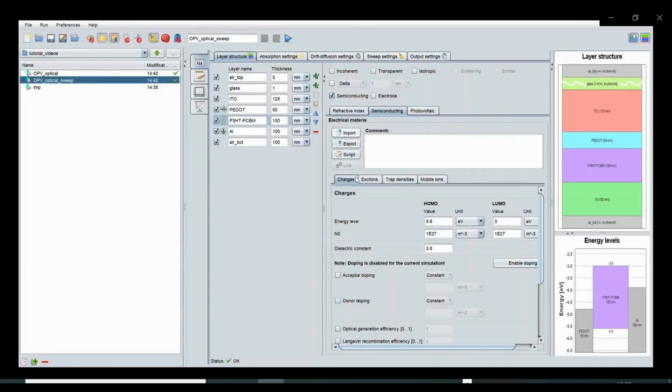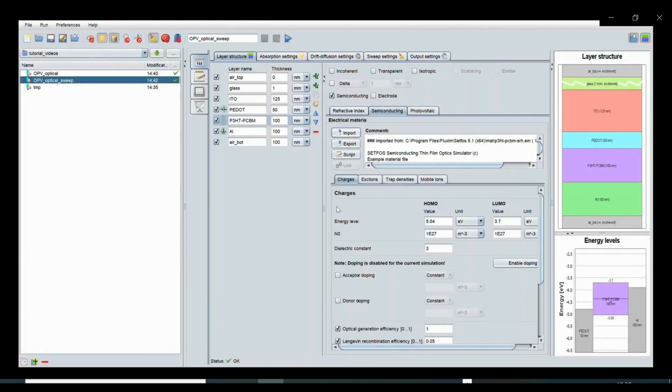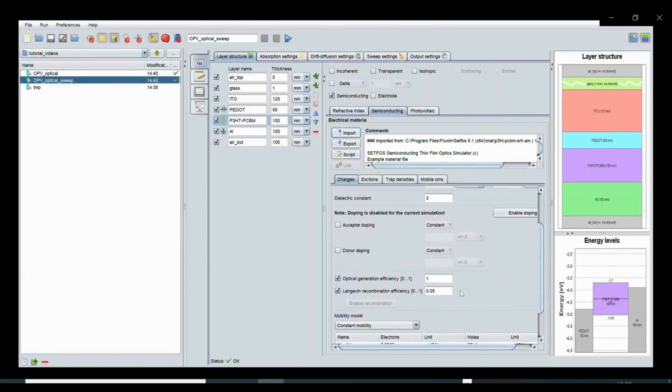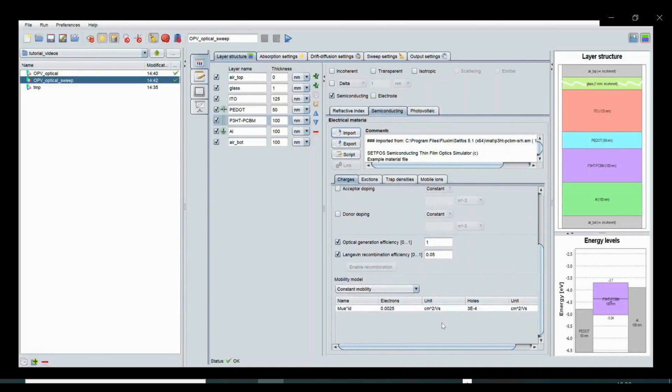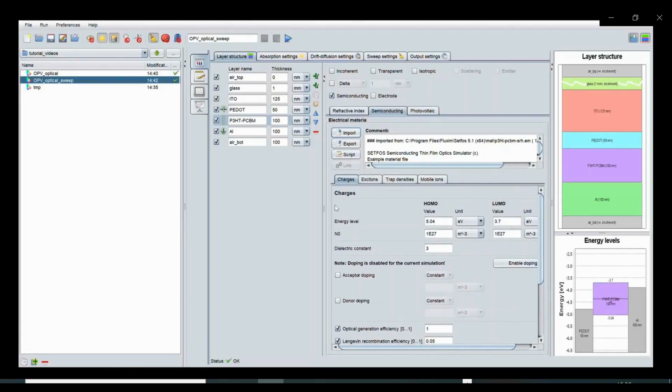So I can again check the material database and I will have found here several files with the material data. So we have here now the constant for HOMO-LUMO levels, effective density of states, dielectric constant, but also the optical generation efficiency, Langmuir recombination efficiency prefactor, and mobility for which a constant model is used.